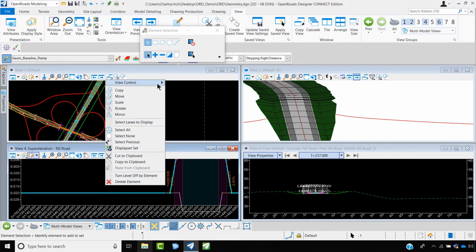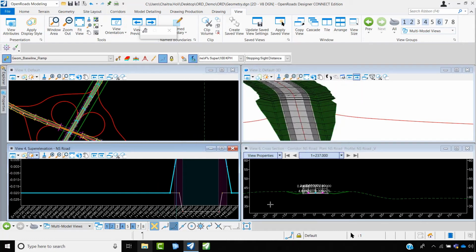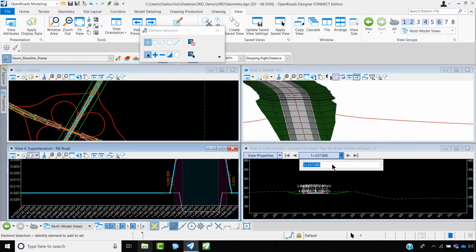And also which side of the lane it is displaying, LHS and RHS. If you want to edit only the LHS, or the inside curve or the outside curve, based on what you're going to do, based on the super elevation diagram. In order not to get confused when you have a long stretch of road, you could make use of this lane display. Right now, not required. I'll go for this 1 plus 2 to 0